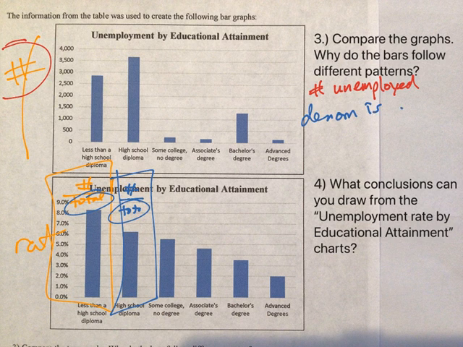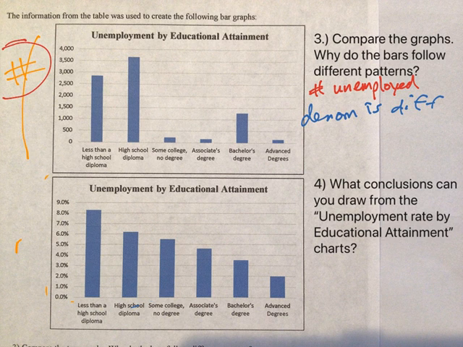The denominator is different. And because all of those denominators are going to be different, we're going to have a different pattern. And that's the idea that these are not relational based off of the denominators. I mean, that's the big idea of how you find these numbers. So because the total in the denominator is going to be different for each bar, that's why it matters. Okay, now the second question,